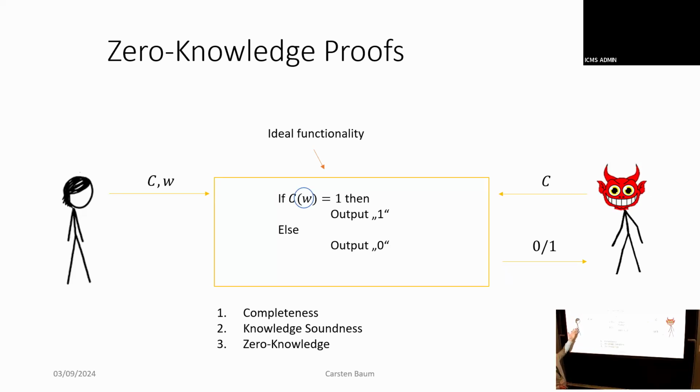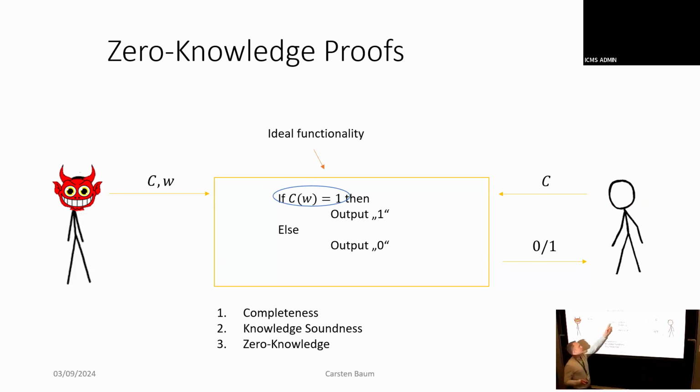Unless Alice inputs a... no, let's first do zero knowledge, right? So what does Bob learn in this case? From the box itself being so nicely boxed, the only thing that the verifier ever sees is this output bit, which corresponds to this evaluation here. So this is zero knowledge because the only thing the verifier learns is this bit of information: is the proof valid or not? It's the exact same thing that he or she also learned in the classic definition of zero knowledge. And it's knowledge sound because we also have security against the cheating prover, right?